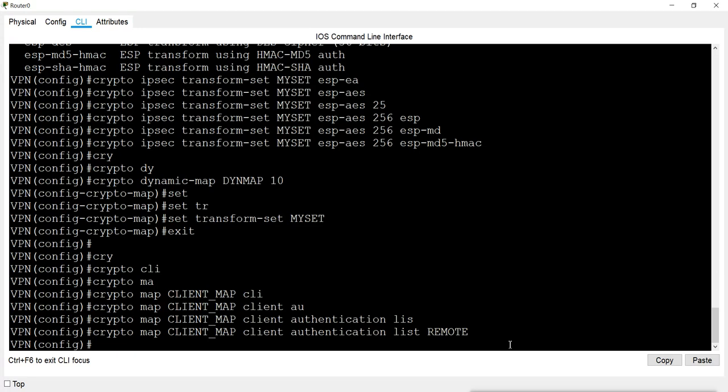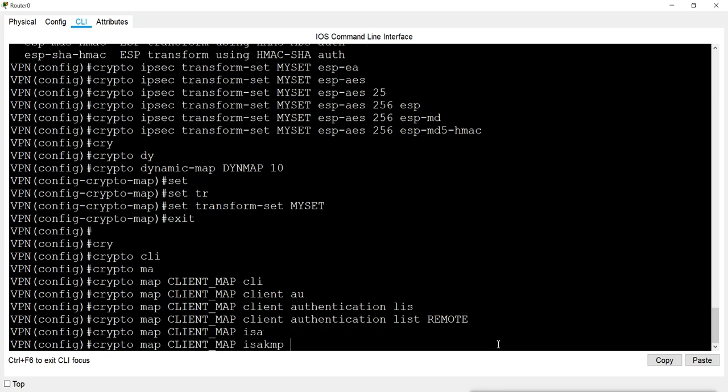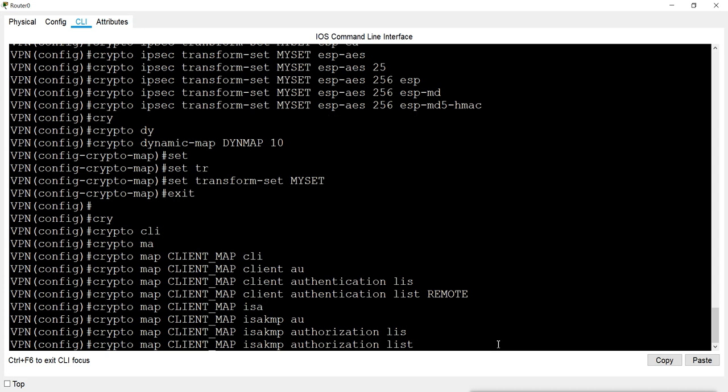Then again crypto map client map, ISAKMP authorization list also remote.